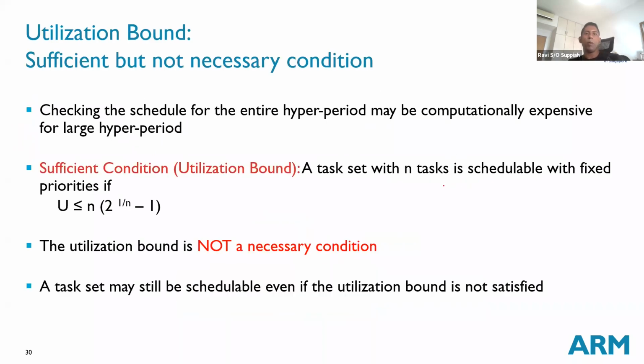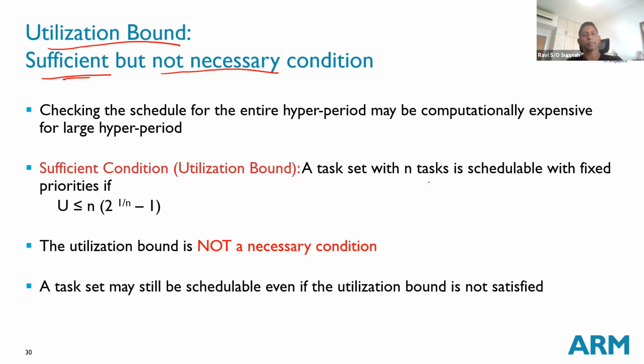Okay, then what are the other ways in which I can analyze this? So then we have another parameter here, which is basically what we call the utilization bound. This one is what we call a sufficient condition, but it is not necessary. That means even though I don't fulfill this condition, I may still be able to schedule all my tasks. But if I'm able to fulfill this criteria, then I immediately can say that it